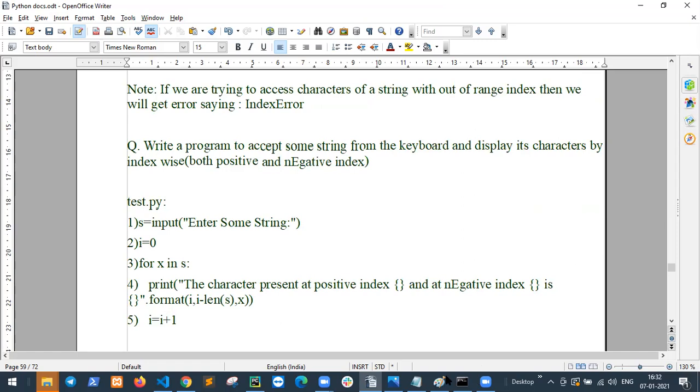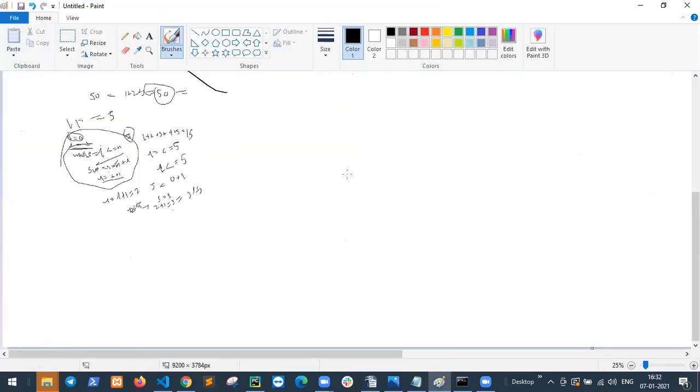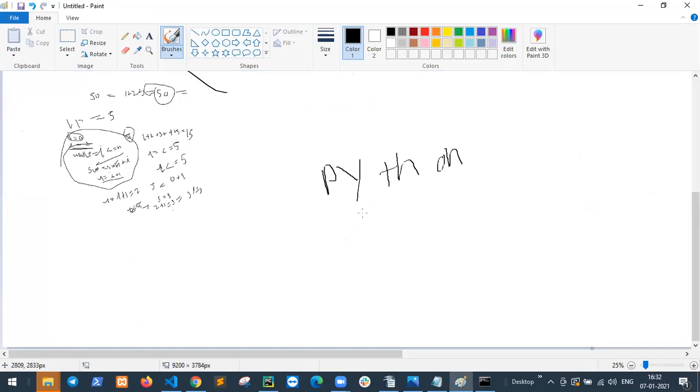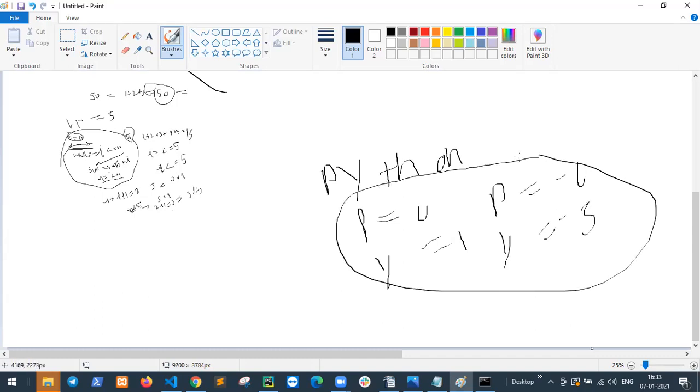Means if I say a string is Python, so index value p is 0 or minus 6, y is 1 and y is minus 5. So this is the output.